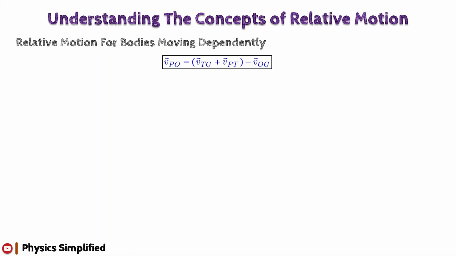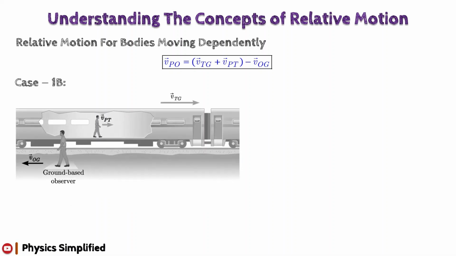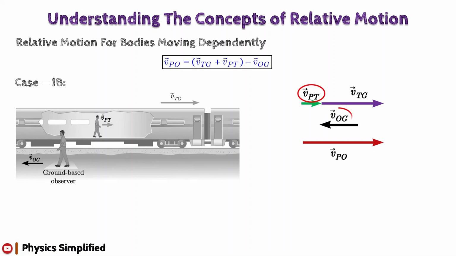The situation of the second subcase is shown in the figure. As shown in the figure, the observer is moving on the ground opposite to the direction of motion of the train, while the passenger inside the train is moving in the same direction as that of the train. By considering the direction of motion of the train as positive, from the corresponding velocity vector diagram we find that